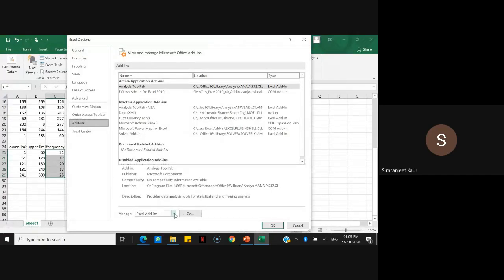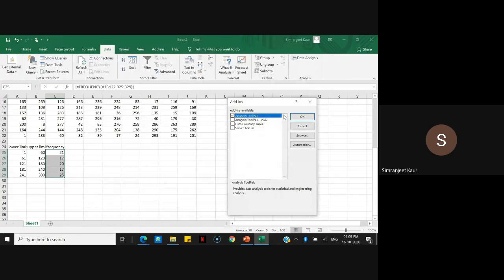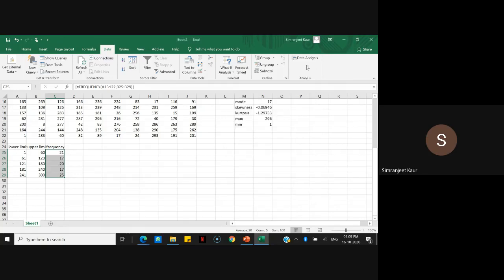So go to the bottom of it. You will see manage. You have different kind of options here, COM add-ins, and you have to click on Excel add-ins, then click on go, right? So I've already ticked there. You will tick the first one. You can tick on the second one also, but I think first one will do for you. Then click on OK, right? So I already have it, so I don't need it, right?